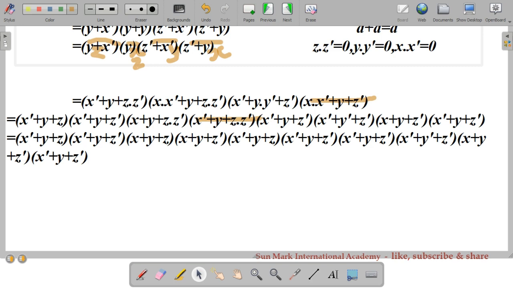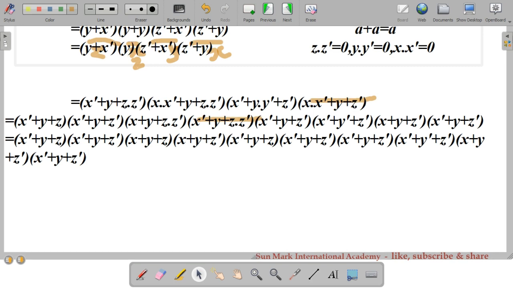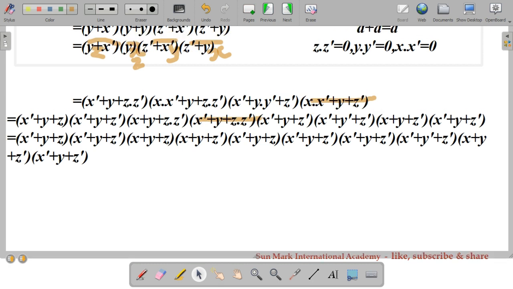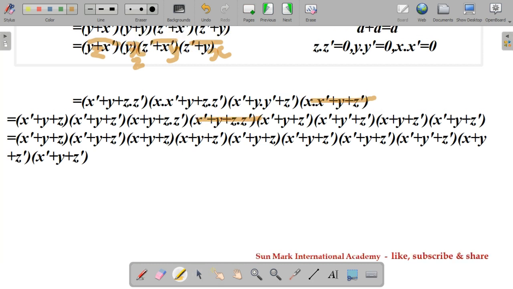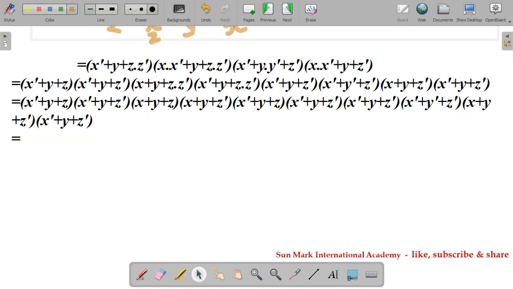So now we got the answers. Here we got an expression that is a product of some terms which are max terms. Here you can check, each term is acting as a max term. Max term means sum of all the literals. So here we can see these are all sums of the literals.